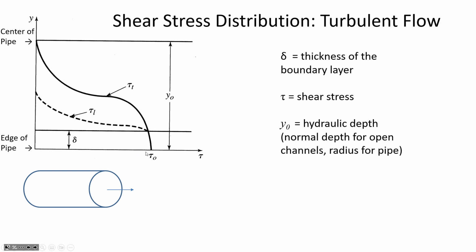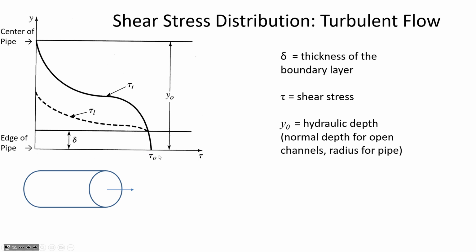So this figure, which comes from our text, depicts the thickness of the boundary layer. So here is some boundary layer where the shear stress is really high. This black line is the shear stress, and the further you get from the edge of the pipe, the shear stress is decreasing. So remember, maybe at the center of the pipe, there is very minimal or maybe no shear stress that's being applied. But if you get right up next to the pipe wall edge, there's a high shear stress